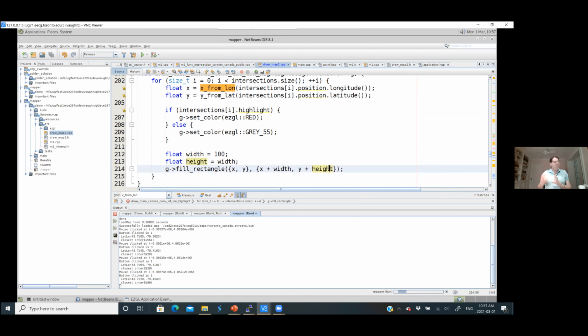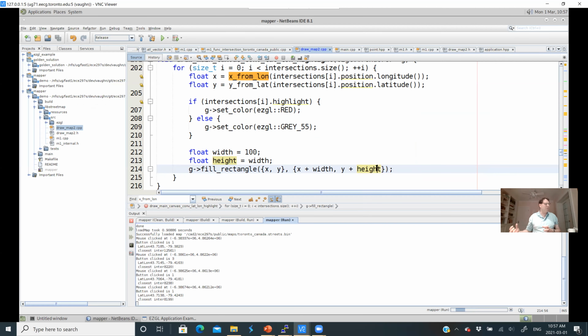So my actual boxes that I'm drawing for intersections are not centered on the intersection. They start at the intersection and they go up and to the right. It's not ideal. It would have been better if I'd centered them. That's why when I find the closest intersection, I really do find the intersection that's closest, and the highlighting can look a little weird because I didn't center my boxes. I drew it so the lower left corner was the intersection. So it would have been better if I had changed this